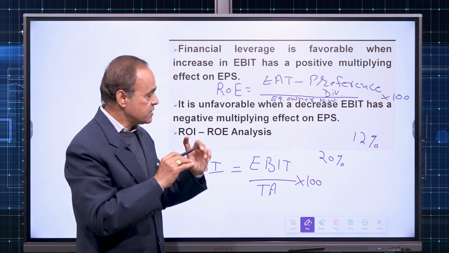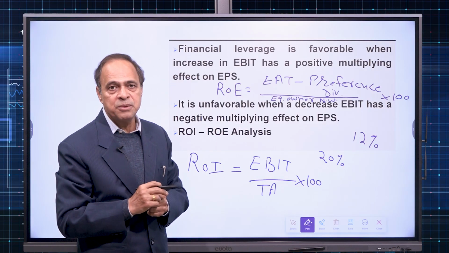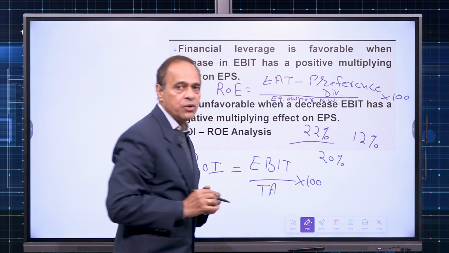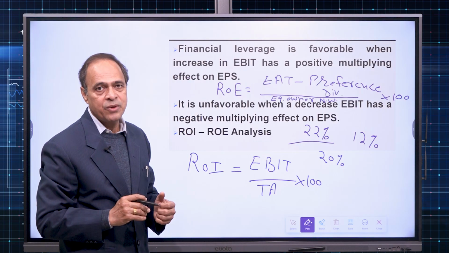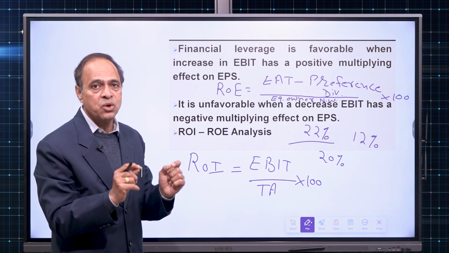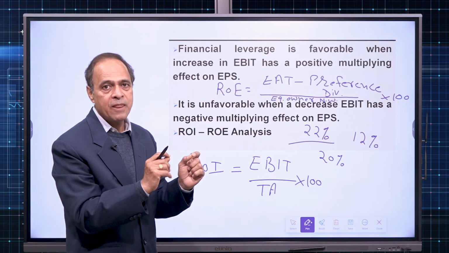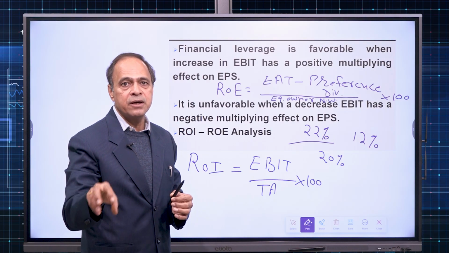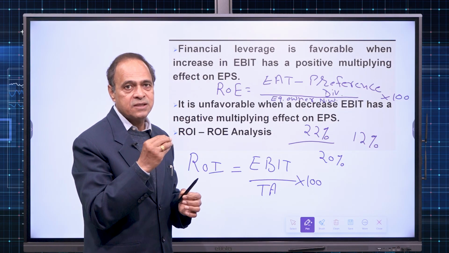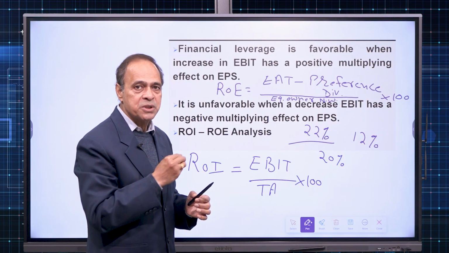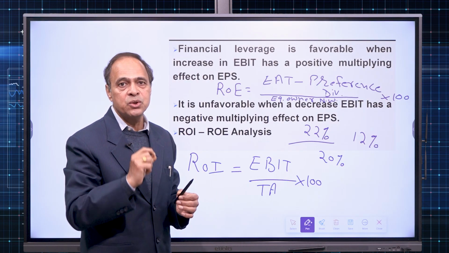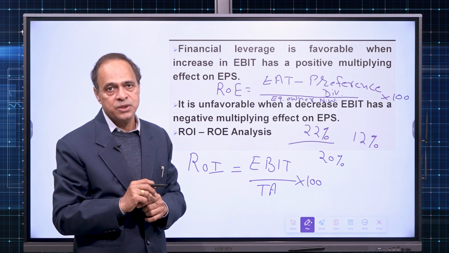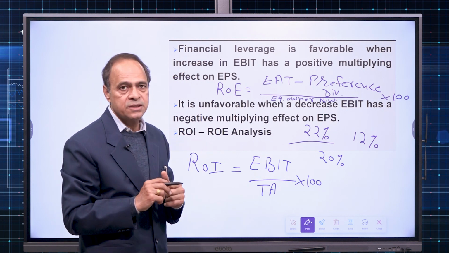On the other hand, the same company has ROI of 20%, but it has to pay 22% on the bonds. They take a loan and on that they pay 22%. Because interest on a loan or bond must be paid, whether you earn something or not, from where will this extra 2% come? It will eat up the earnings of the equity shareholders. Since we are earning 20% and paying 22% as interest, the capital of the equity owners will be eaten away. So it will have a negative impact on the earning of equity shareholders. That is what ROI, ROE analysis is.